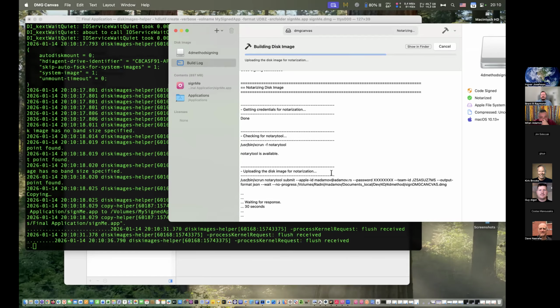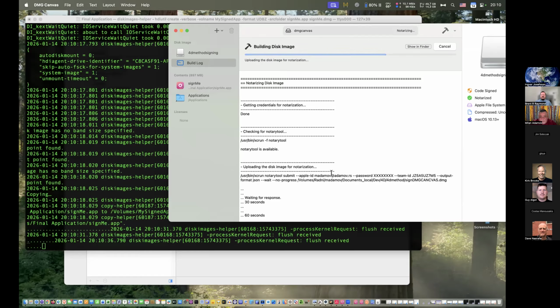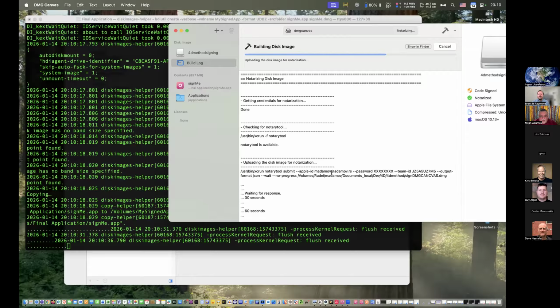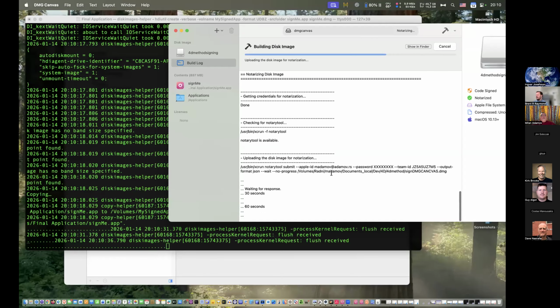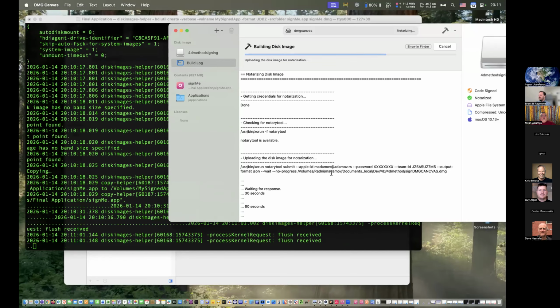So this is doing it manually, semi-manually, but this is how you do it anyway. I used to do it with DMG Canvas because it's so great. I never did it manually, and I mean never. I did it to learn how to do it, but I'm not doing it. I just wrote this script these last few days to do what I'd call deep signing, of course with the help of my best friend, ChatGPT.